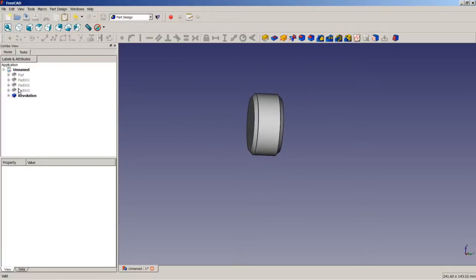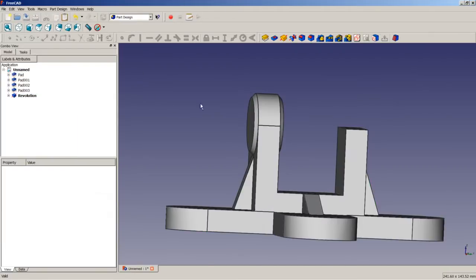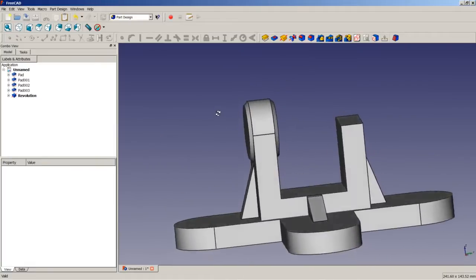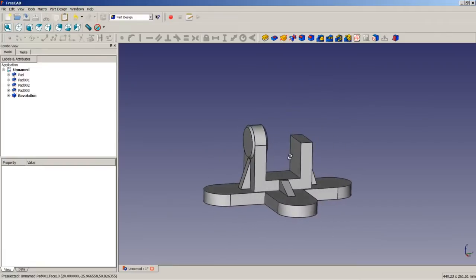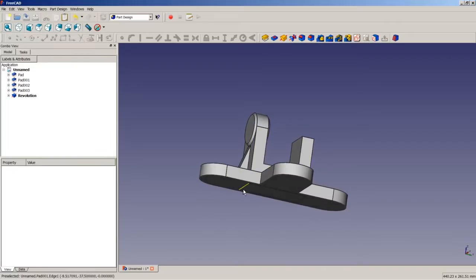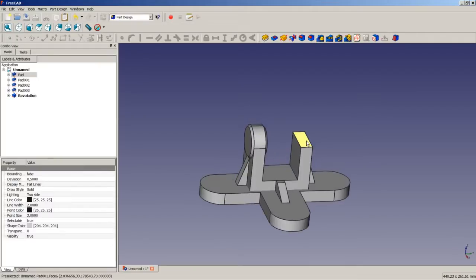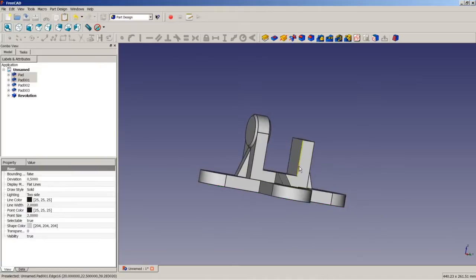The revolution is done like we wanted it to be. If we toggle the visibility of all the pads, we can see here. Now, if you couldn't remember what the distance between this plane and this plane is, of course you could have a look in the sketch of this second pad we did here